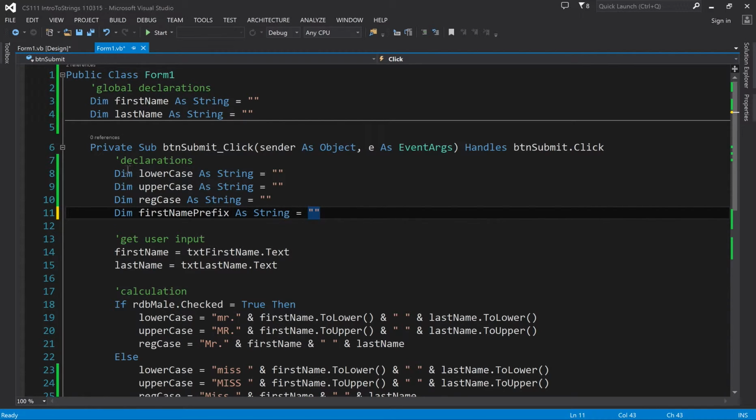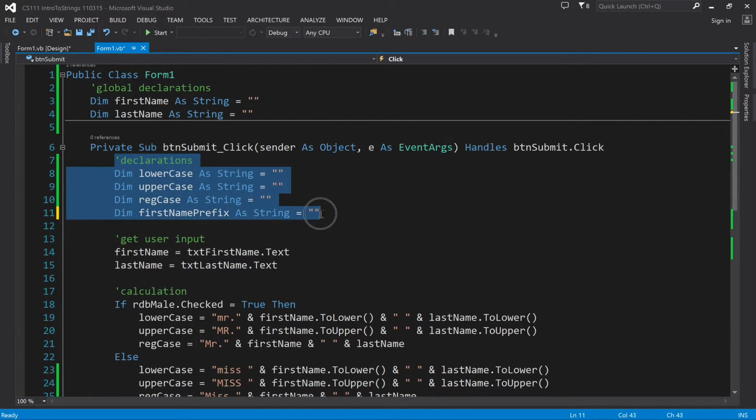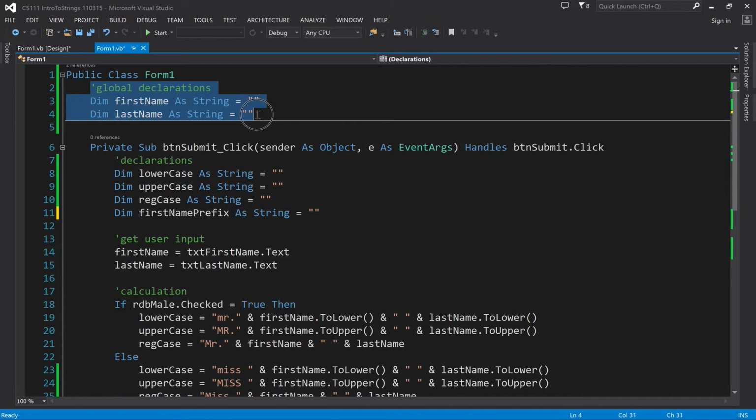Now, when you have declarations inside of a particular procedure, like these are inside of the btn submit click procedure, when you see this type of situation, that means that these guys are local. Only this procedure can see these. But if you make declarations outside of any procedure, that means any procedure can see these variables. So we call those global. Sometimes people also refer to these as modular